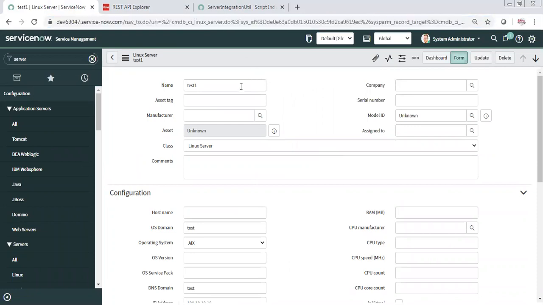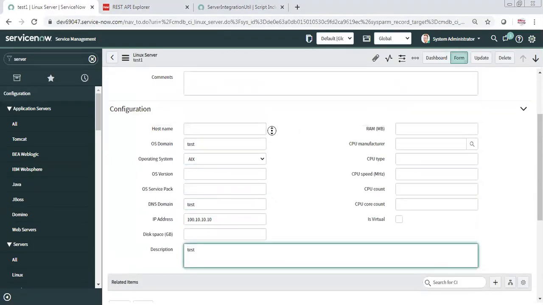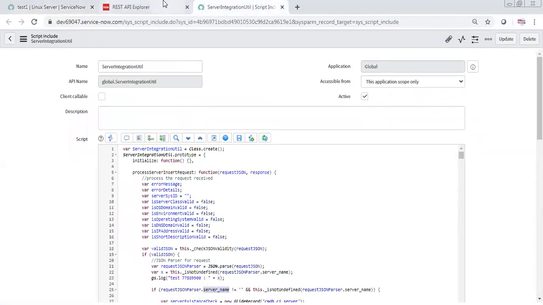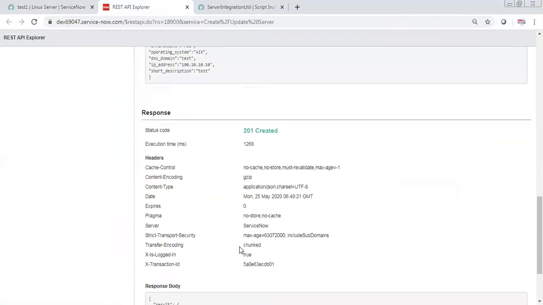Then all other values are getting set properly, IP address, domain, and this. So that is what we have achieved now. We have achieved our problem statement: the same API should be capable of creating servers in Linux and Windows, as well as giving proper error messages at each and every stage.